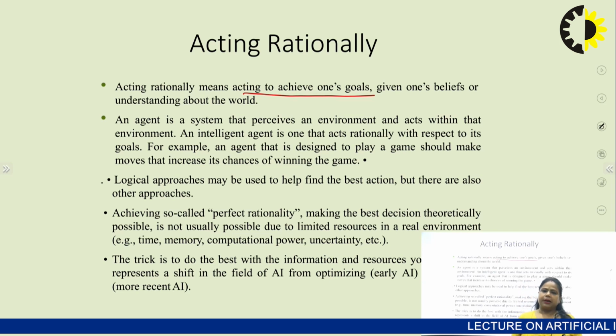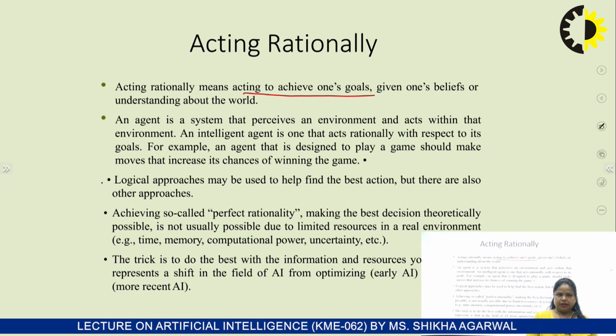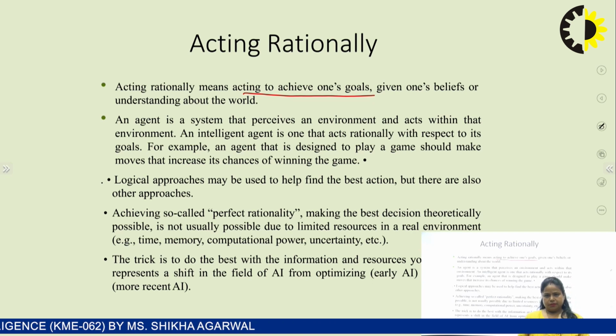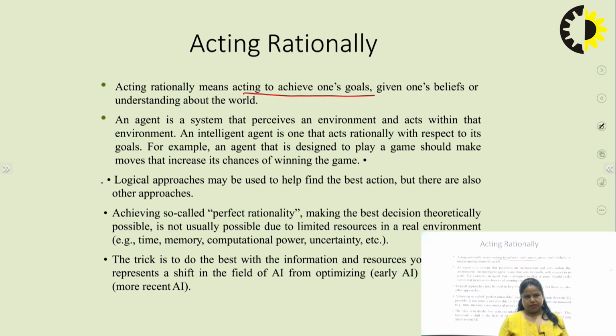Whenever we try to play any game, what happens? We generally try to be the winner. We never think that we will lose the game, right? Whatever steps we take, we are trying to win that particular game. This is how an intelligent agent works. An intelligent agent also works for a particular goal so that we can achieve that goal. In that case, we should know what an agent is.